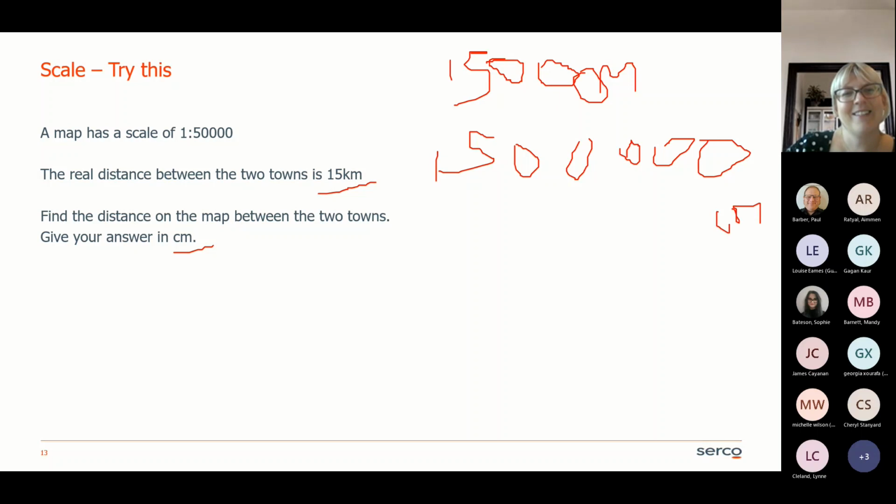Yes, perfect, lovely. Okay, so now we've got our zeros right, and we've got our centimeters. So we've changed it from kilometers to centimeters. Next thing that we're going to do is we're going to divide